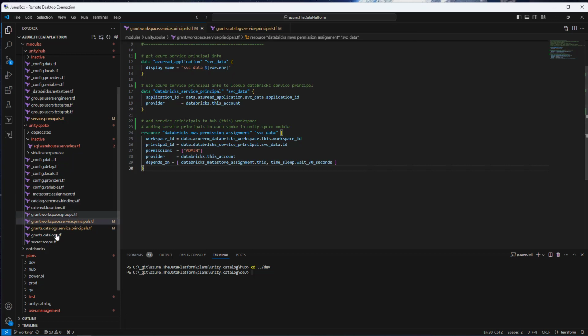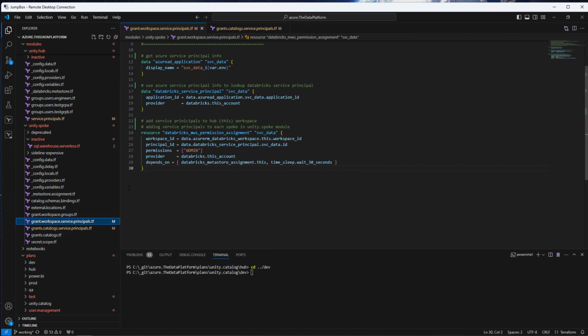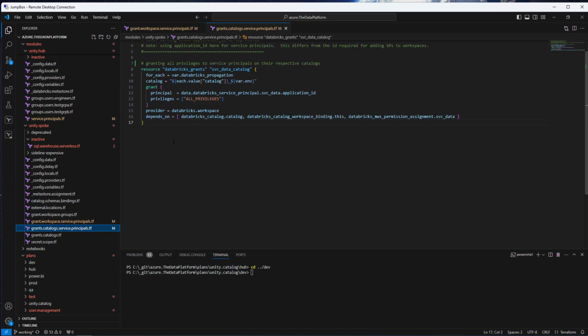That's the service principal part. And then next up is, I say next up, but kind of at the same time, as those items are coming in, I've got this depends on block where I'm saying, well, hey, I want to make sure that the catalog section is done. There's been workspace binding, which has already occurred. And then the other thing is making sure that this specific Databricks managed workspace permission assignment has taken place. And at that point, I'm basically bringing my service principals into Databricks. And then I am granting them pretty much all privileges for a given workspace, or for a given catalog within a workspace. So I'm going to go ahead and just run Terraform apply